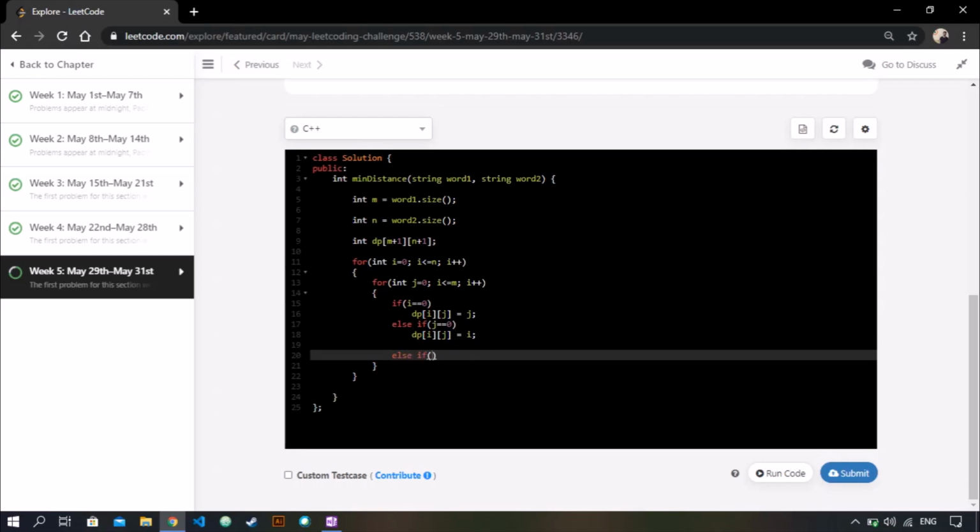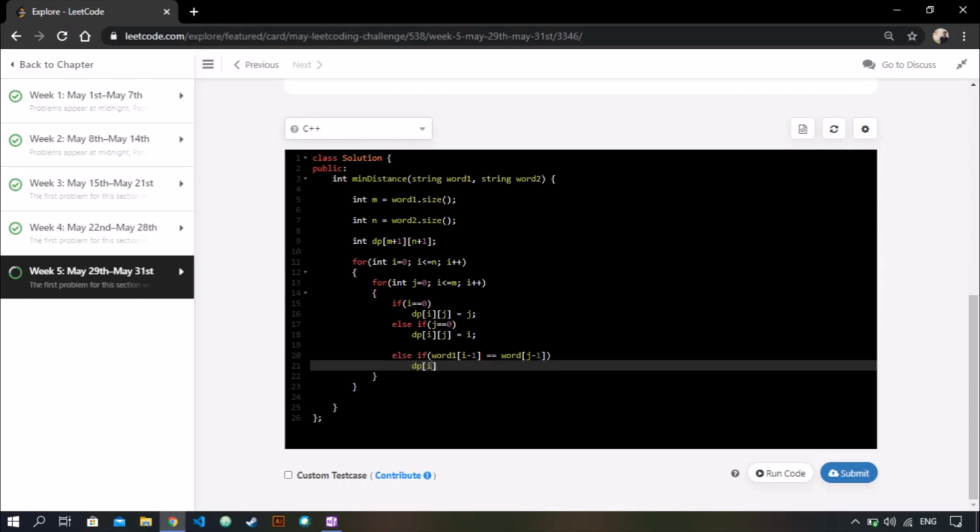Else we check if the characters are same. We do nothing but just get the result of previous substrings.